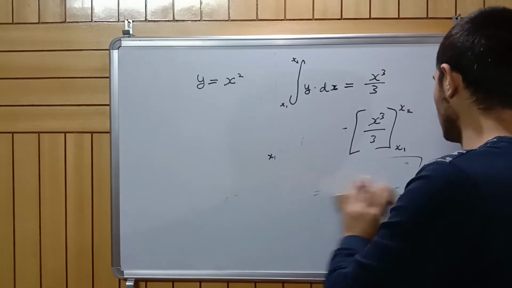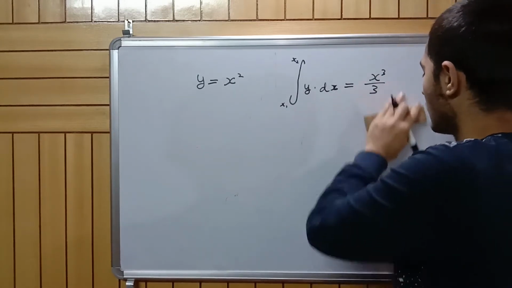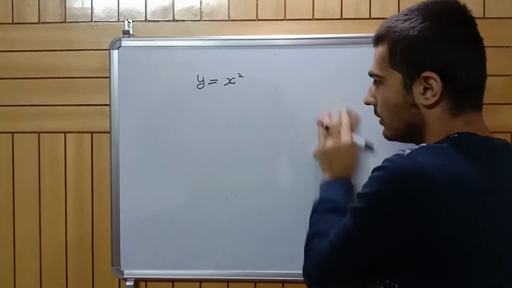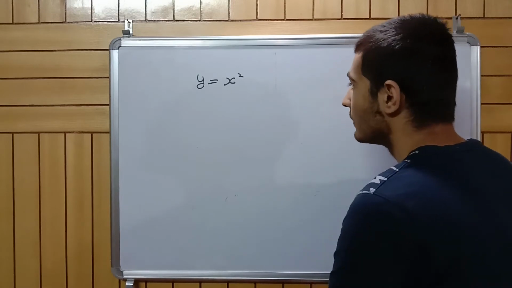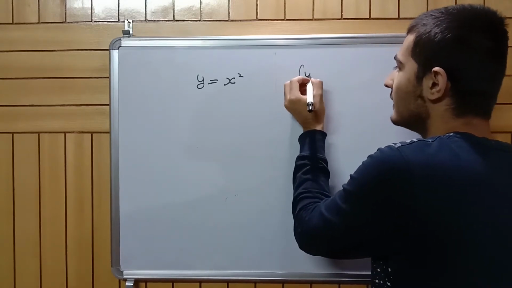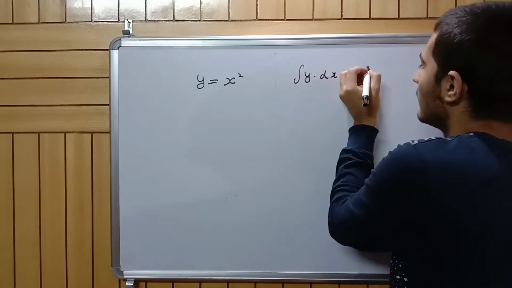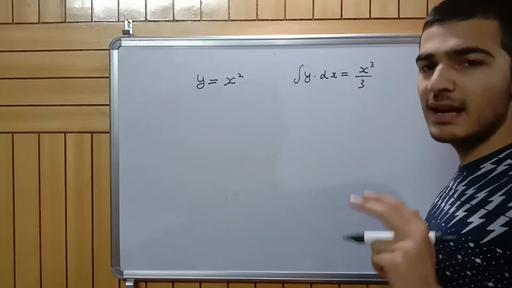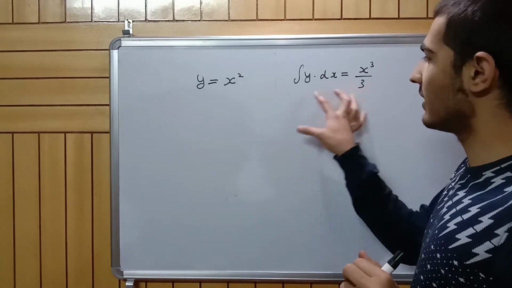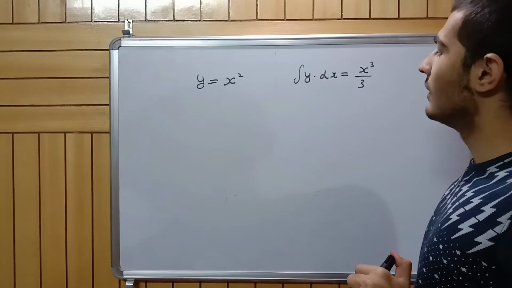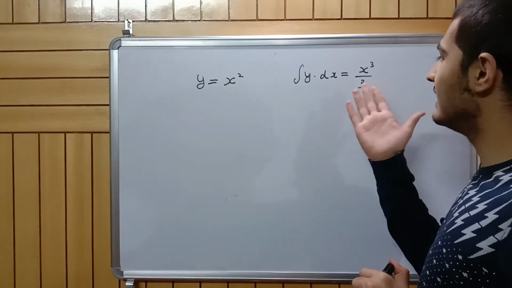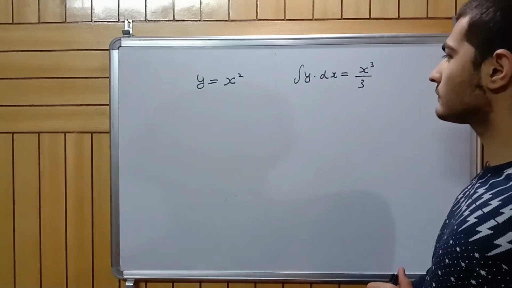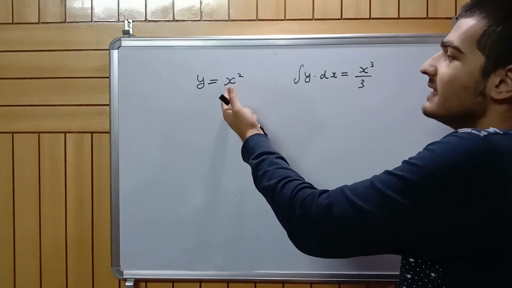Now let us generalize the whole thing here. So if I have my function as y equals x square, what is my integral in this case? X cube by 3. Okay, one more thing. This is just, or maybe I'll put that in the next video. Okay, leave that. So here, what do I do? So the integral or the area is given by this function here. And how do I arrive from this x square to here?